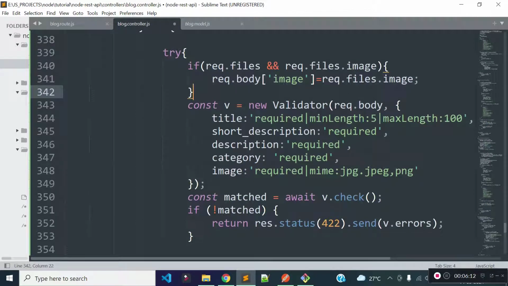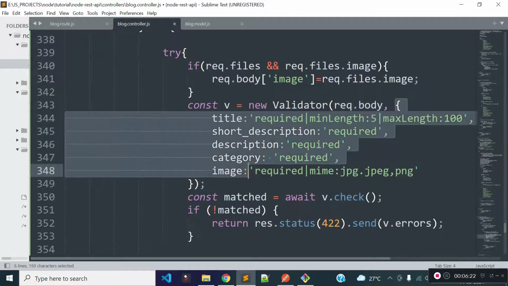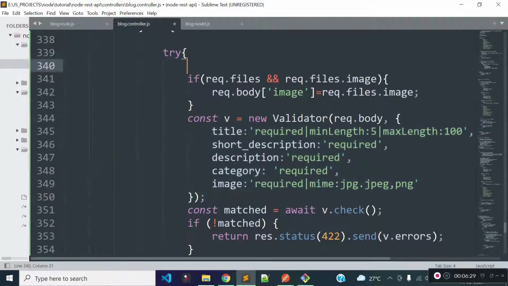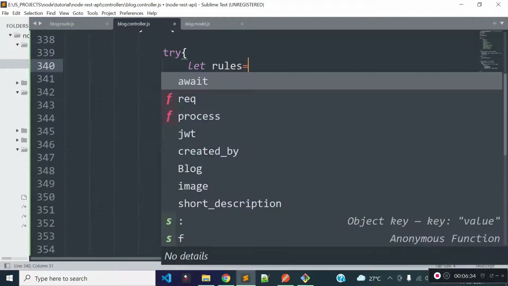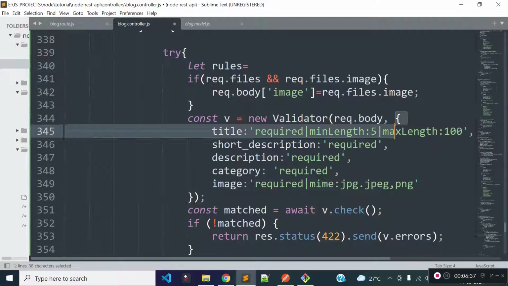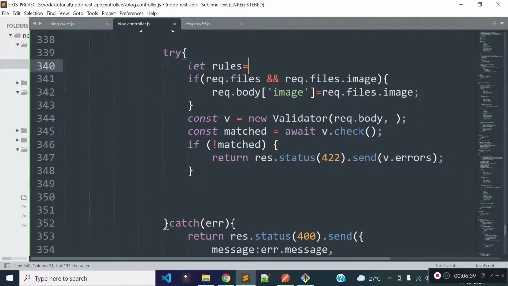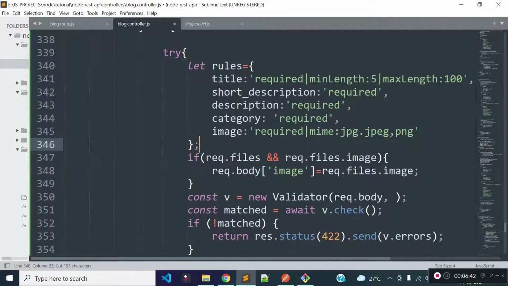Okay, and we are creating the validator instance with the help of validator, and inside this validator we need to provide the data in the first parameter, and in the second parameter we need to provide the rules. I'm not going to pass the rules directly here. Instead of passing the rules directly, I'm creating a new variable called rules where I'll store all the rules. So let's cut these rules from here and let's provide the rules to this variable, and then I'll provide this rules variable to this validator's second parameter. Okay,